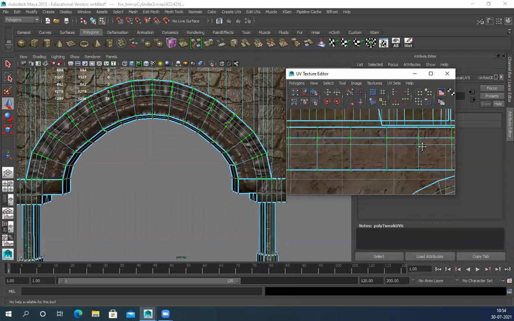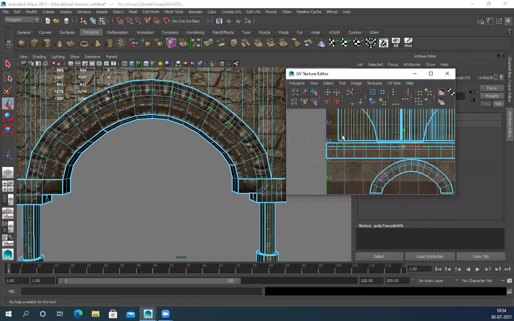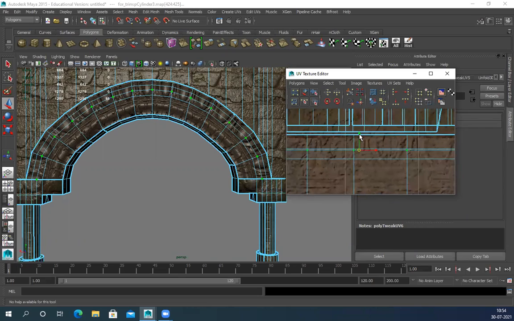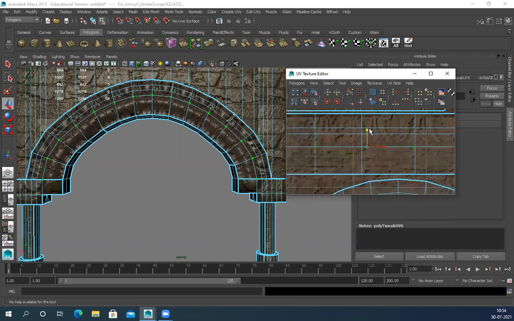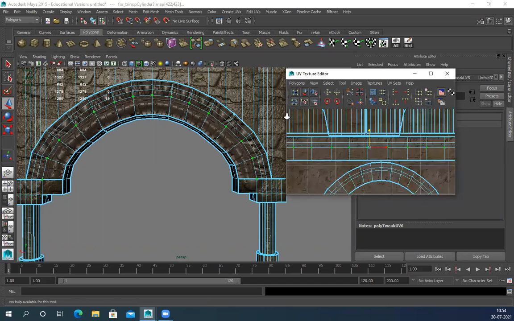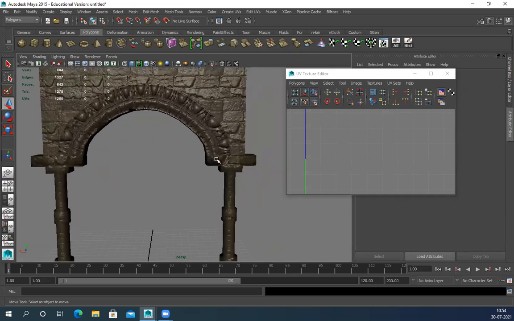You can see there's a UV stretch. So place it like this.